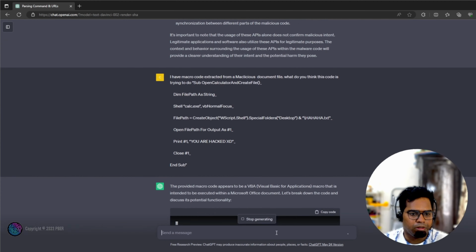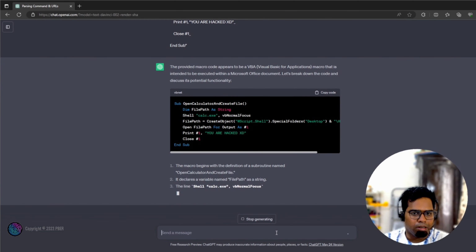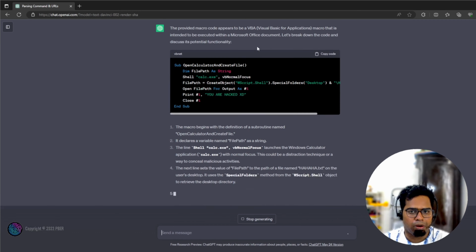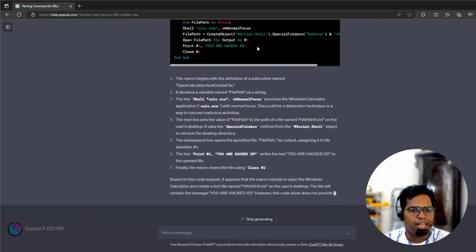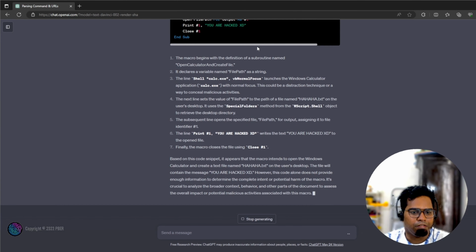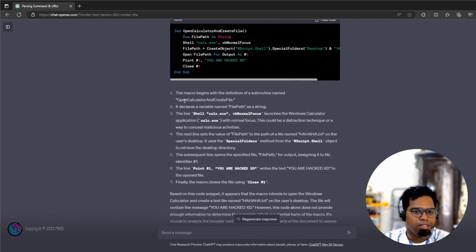So this will go through the code, and you can see this is how the code exactly looks. It's a Visual Basic code actually, and obviously the macros will be doing it. You can see it's giving all the information step by step, and it gives the conclusions as well. If you see that very clearly, this is basically opening a calculator and creating a